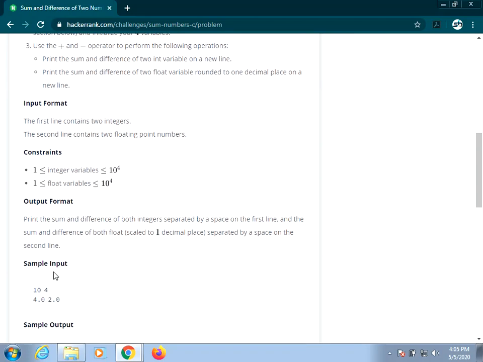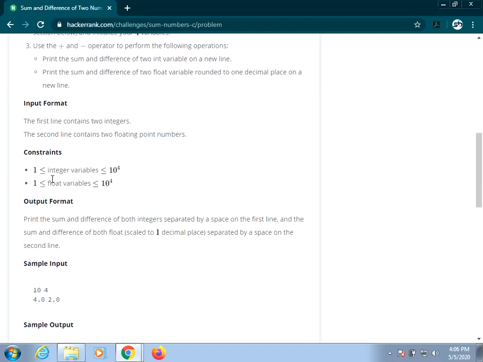So the input format: the first line contains two integers, the second line contains two floating point numbers. Okay, so this is the sample input. And remember these constraints. Your integer values can be between 1 and 10 power 4. So what do these constraints mean?